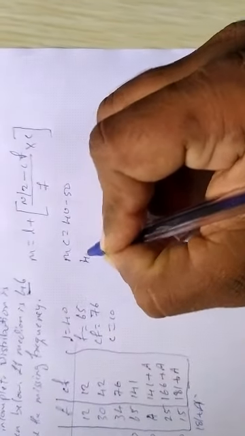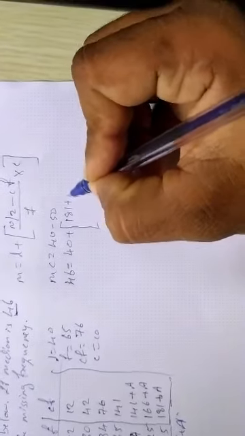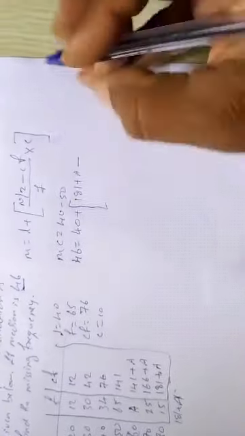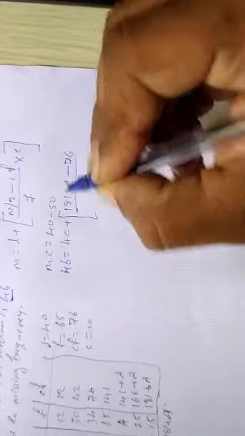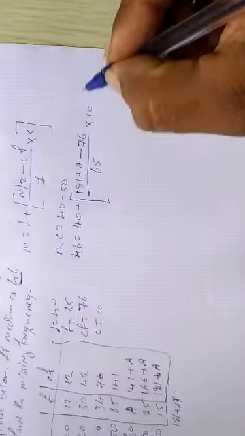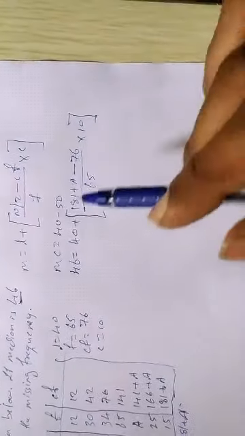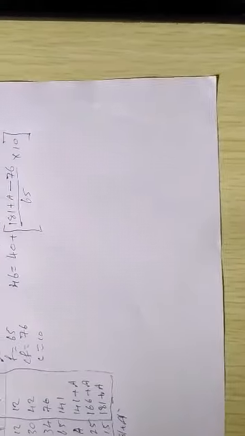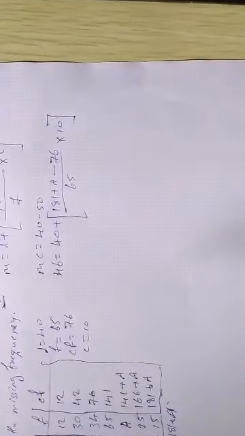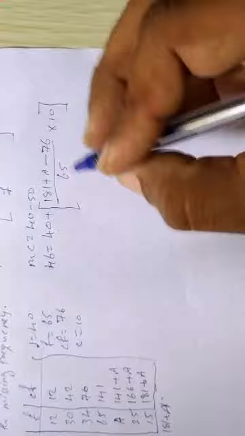The median value is 46. So 46 is equal to 40 plus (N by 2, which is (181 plus A) by 2, minus CF, which is 76) divided by F, which is 65, into C, which is 10. Now solve it step by step, reducing the problem. First take this 40 to the other side. 40 has a positive sign here, and when we take it to the other side, it becomes negative.